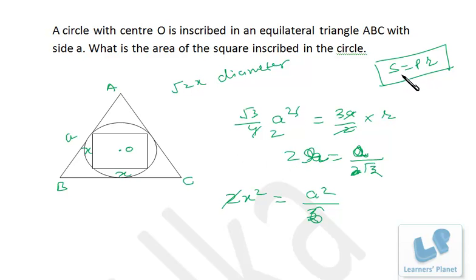You need to learn this formula, S is equal to PR precisely. All the problems based on circumcenter, circumradius, incenter, inradius, incircle, circumcircle, you need to learn this formula. Right? S is equal to PR and S is equal to ABC by 4R. These two formulas are very important. Here R is circumradius, here this R is inradius. Okay? After that, you'll be able to solve all the problems based on circles and triangles very easily.